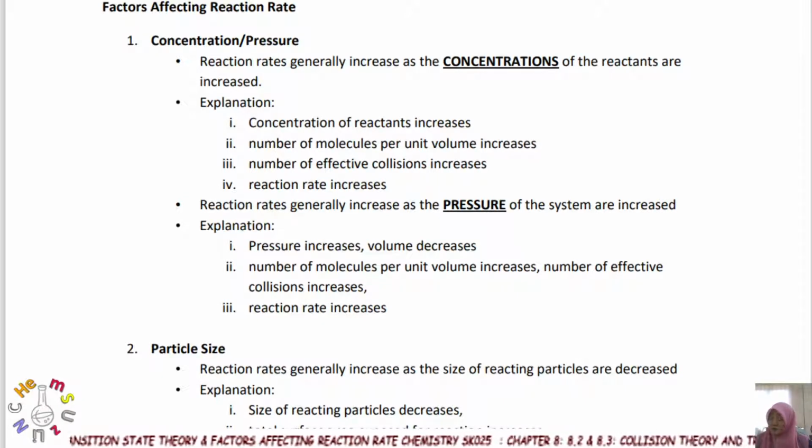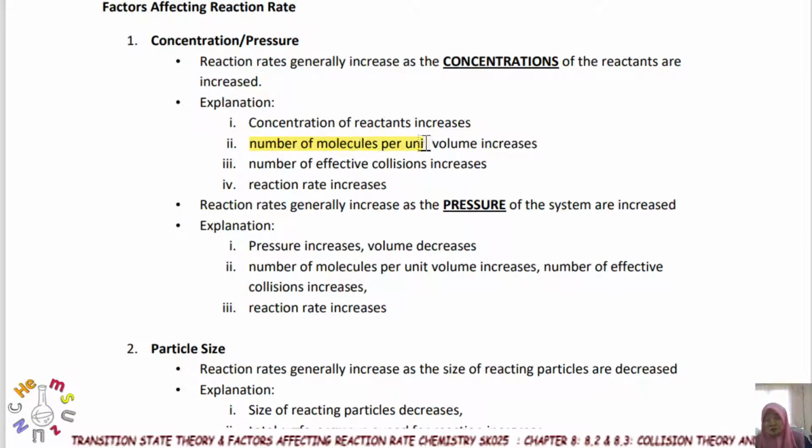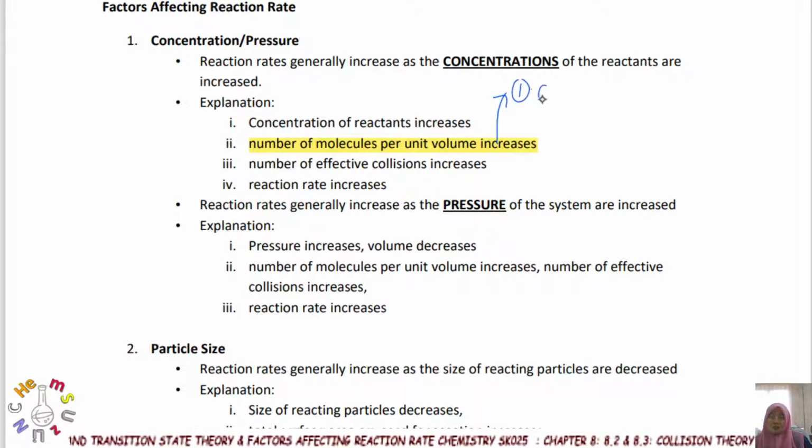Sebab dua-dua tu refer kepada number of particle per unit volume. Bila kita cakap pasal concentration, the concentration of the reactant increase because number of molecule per unit volume is increased. When number of molecule per unit volume increases, so number of particle tu akan ada banyak. Jadi ada banyak per unit volume, apa yang jadi collision tu akan bertambah. Jadi apa yang berlaku lepas dia ada banyak, yang pertama dia collide